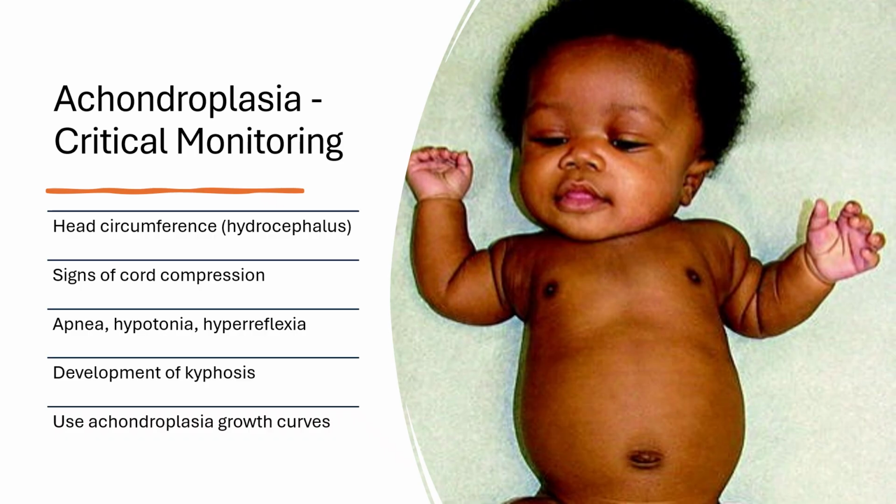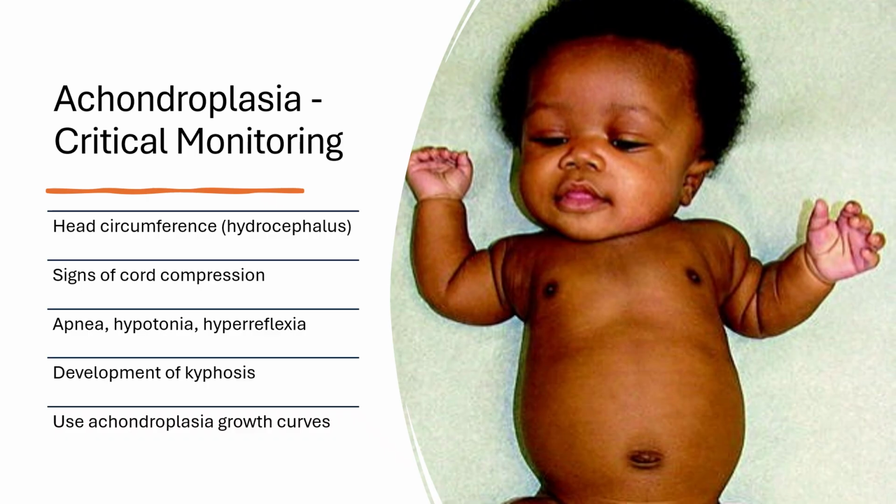Head circumference monitoring assumes critical importance because hydrocephalus can develop when the altered skull anatomy interferes with normal cerebrospinal fluid circulation. Picture how the characteristic skull shape changes might affect the pathways that normally allow fluid to flow freely around the brain. When these pathways become compromised, fluid accumulates and creates increased pressure that can damage brain tissue if not